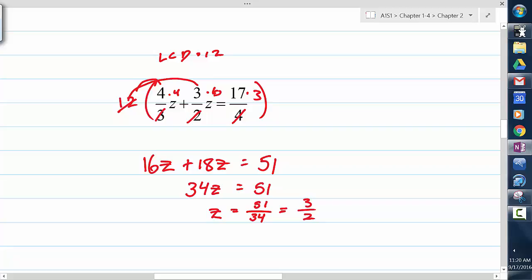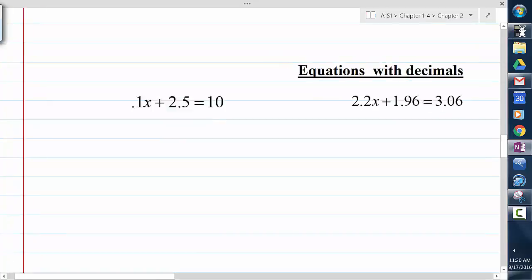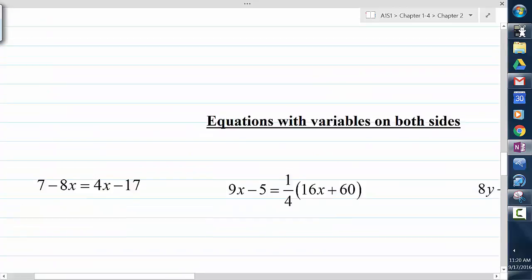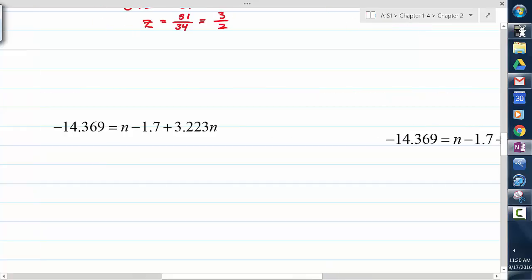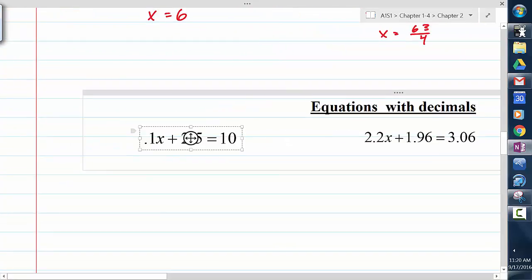We'll do more of those as we get into class, but that's with fractions. Decimals, not so much different. Ultimately, I want to get rid of the decimals as well. If I want to get rid of my decimals, then there's an easy way to go about it. To get rid of my decimals,